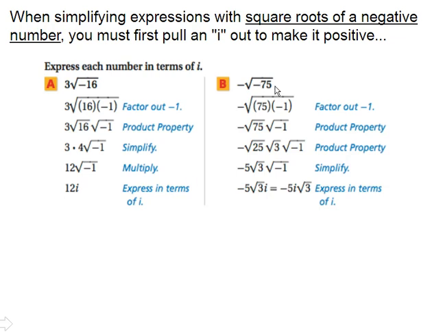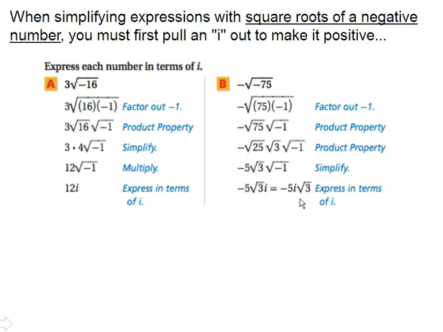Be careful with the negatives, so if we have a negative outside of the square root of -75 here, we're going to take an i out, and then we're going to break 75 into 25 times 3. Square root of 25 is a nice integer number that turns into 5. And the square root of 3 is going to stay inside the radical. So we end up with